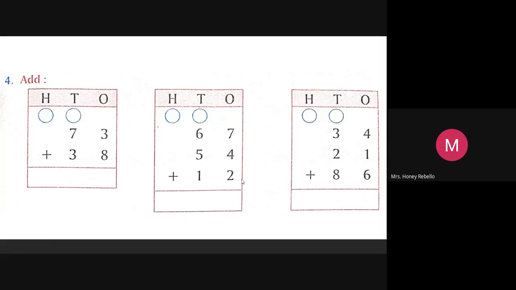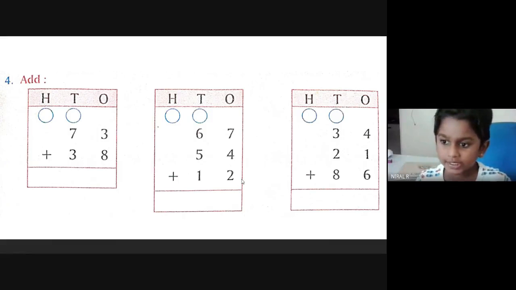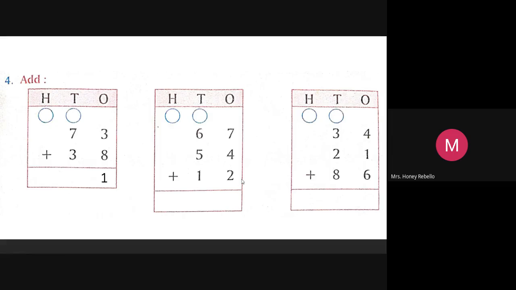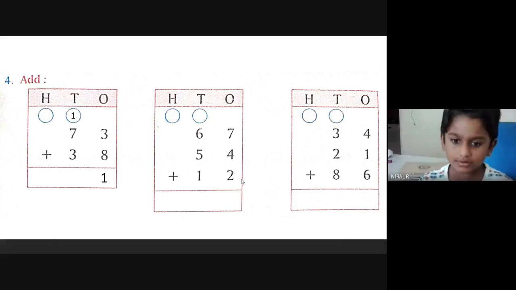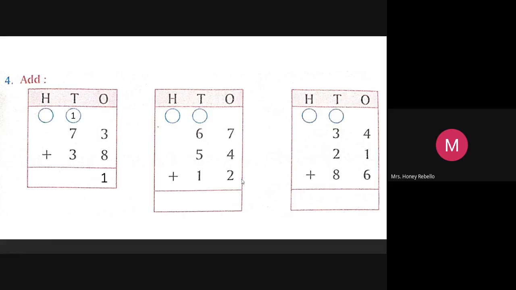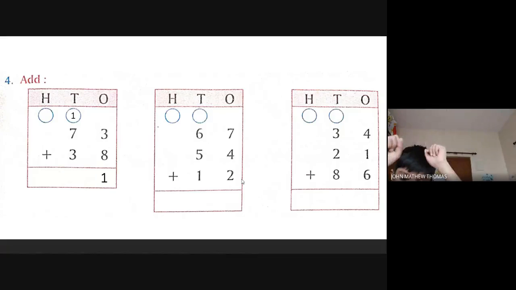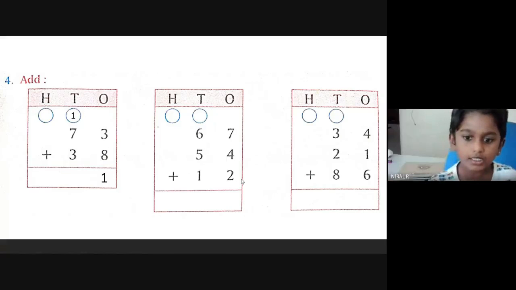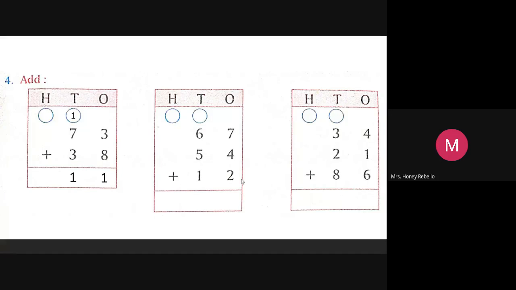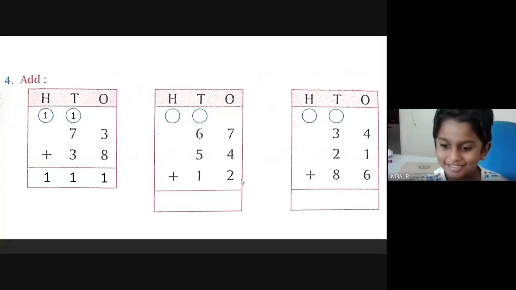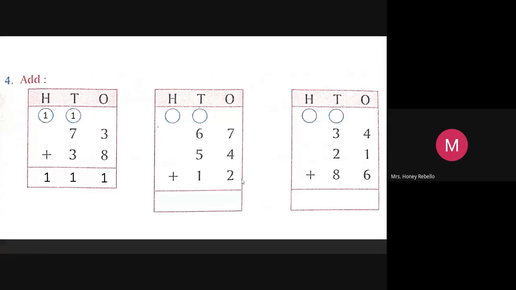8 plus 3 is 11. Yeah, 1 I will write down. 1 will go to the circle. 1 will go to the 10's place. 8, 1 and 7 will become 8. And 7, 8 and 1 will become 11 again. Very good. So I'm putting 1. 1 is going up. Bring down that 1. Very good, Niral. Thank you, ma'am.